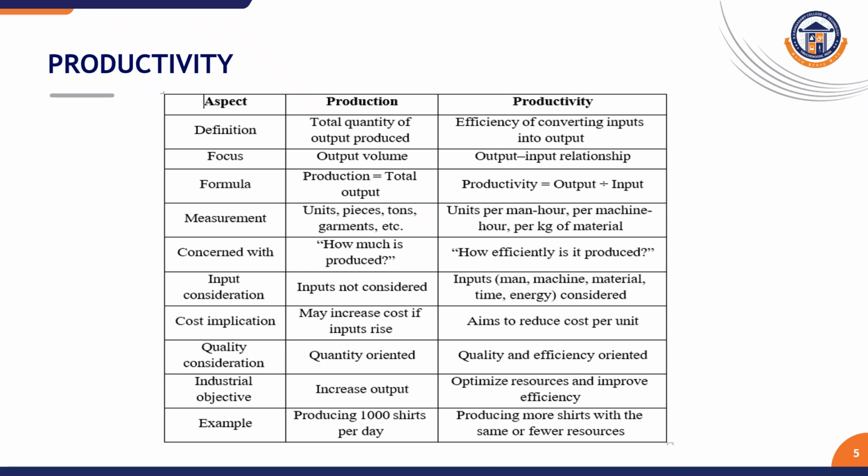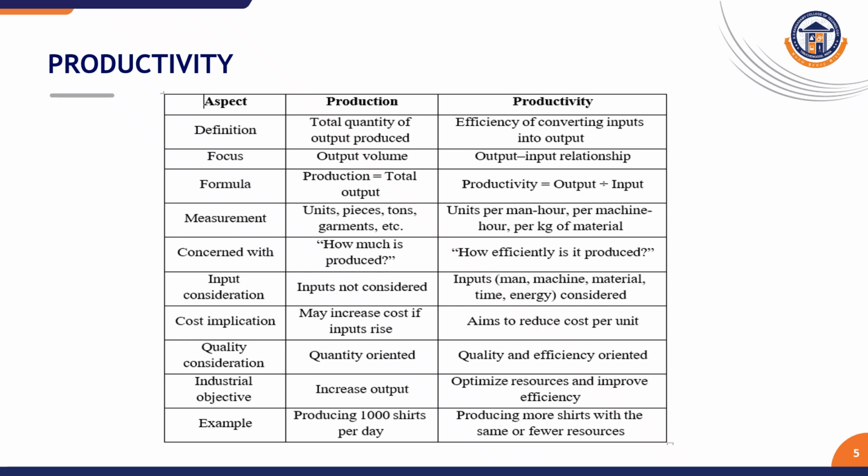Per machine per day, they manufacture 16 shirts on one sewing machine. Per hour, divided by 8, that is 2 shirts per hour. Per kg of material: except for knitted cloth, all other types of woven fabrics are measured in meters, while knitted cloth alone all over the world is measured in tons, that is kilos of fabric. That will be the right parameter for that. So, like, I produced 400 kilos of knitted fabric utilizing 360 kilos of yarn.